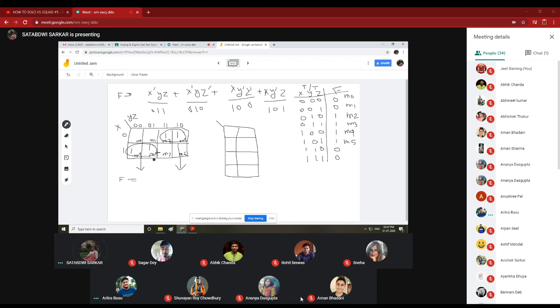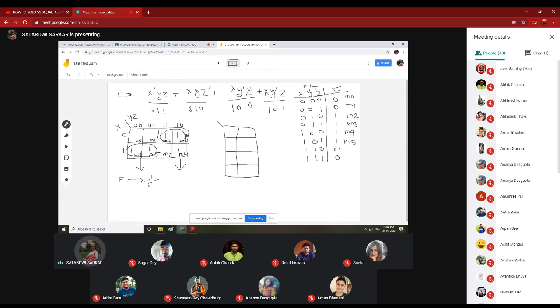So we don't take z in our function. Which variable changes its value, we will not take that one. So it is x, because the value of x is 1, so it is x, not x complement. Now the value of y is 0, so it would be y bar: x y bar. Plus, for these two cells, we can group them together because they are close to each other.